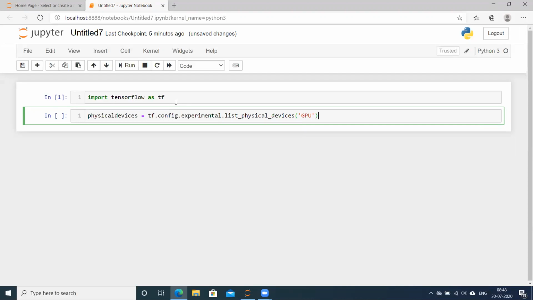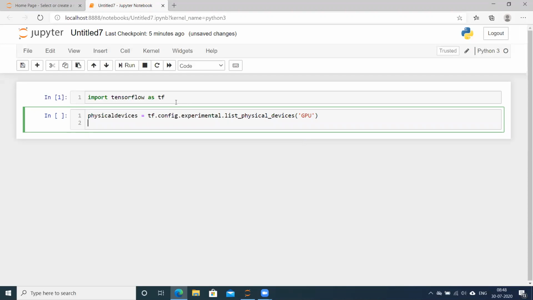If you do not use it, then you might get some errors in your system. And if you're working on Colab, please do not use it, otherwise it will give you an error as you do not have direct access to the GPUs on Google Colab.